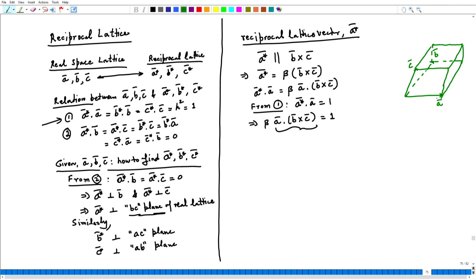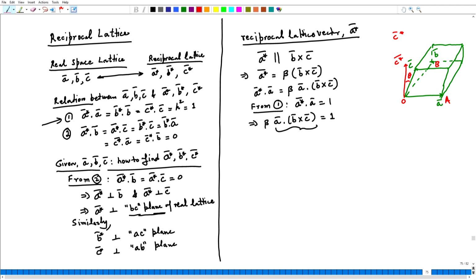So, this is the unit cell defined by the vectors A, B and C. Let me say this is O, this is A, this is B and this is C. Now, if I define the vector C star in this, that vector C star should be parallel to the BC plane. So, your vector C star would be something like this. This is C star